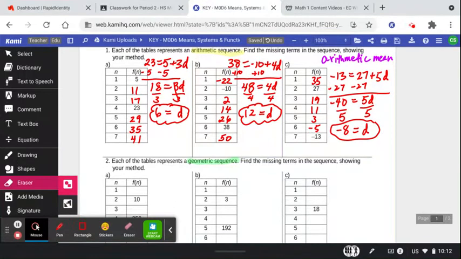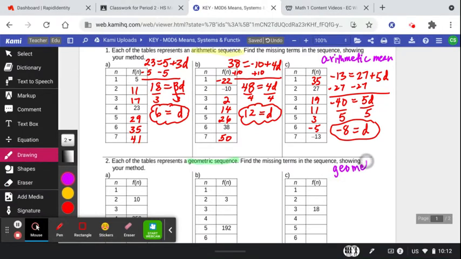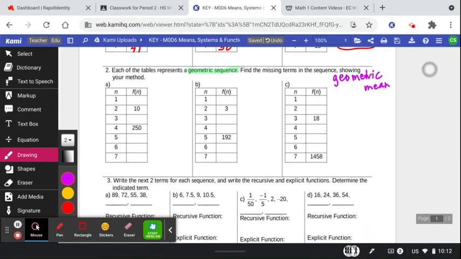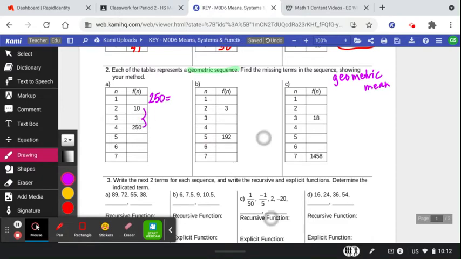So in these next three, we're going to be looking for the geometric mean. So instead of adding or subtracting this time, we're going to be multiplying. So let's go check out this one and see what that formula looks like. So for the geometric mean, the formula is very similar. We're ending at 250. We notice that this time it's a jump of 1, 2 times. So this 250 starts with 10 and then is doing a jump of 2 times. So it begins with 10